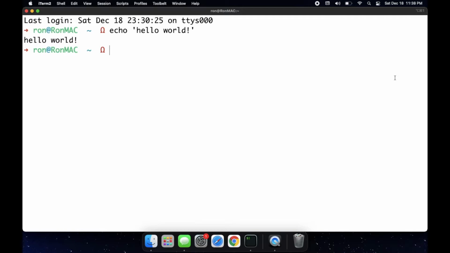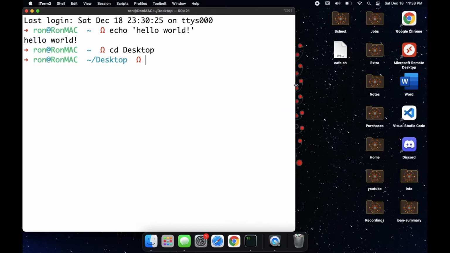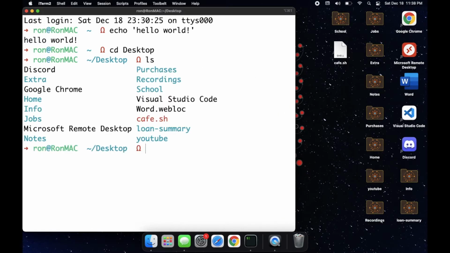Now, there's another reason I bring up the terminal, which is really important. I want to show you guys that a computer is a file system that can be represented in many ways. The reason I want you guys to know that is I want you to be able to look for files in your computer and run them with Python. So, for example, I can view my desktop not just through the screen here that you see on the right, but I can see these same files on the command line by typing in the ls command, which will list the files that are in this current directory. I can also check which directory I'm in.